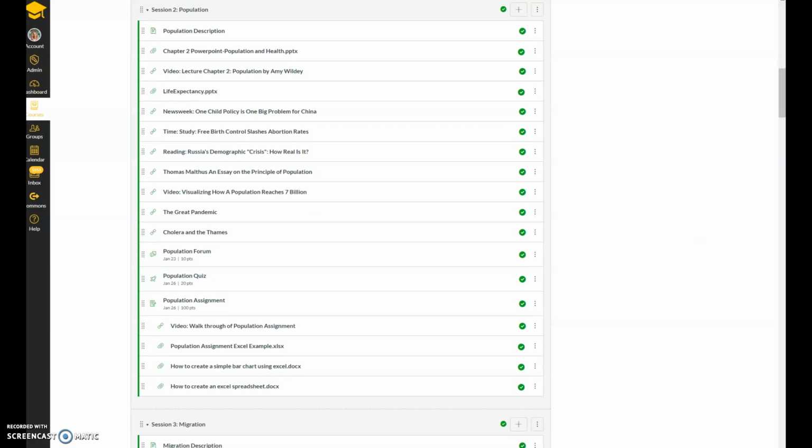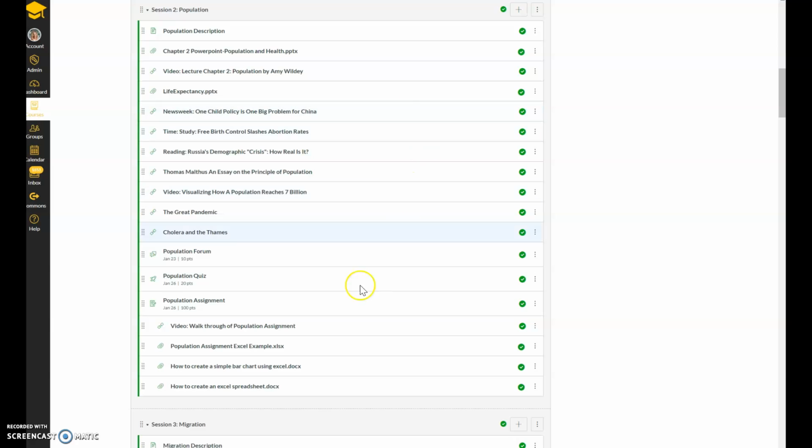If you haven't started the assignment, you'll be uploading to me an Excel file which contains your data sheet and your graphs, and then you're going to be uploading a document to me. All documents in this class are single-spaced and MLA formatting. I don't need a title page with all the other nonsense because the system captures all that.